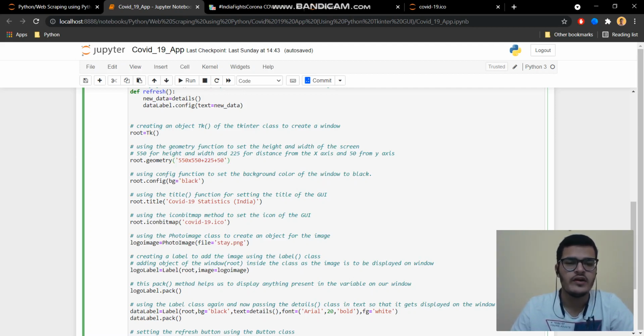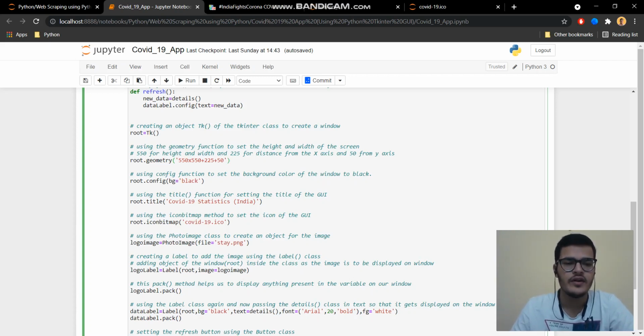So let's move on. After that, for setting the background color of the window to black, we will be using an inbuilt function of Tkinter named config. So root.config bg equals black. This function is used to set the background color of the window to black.